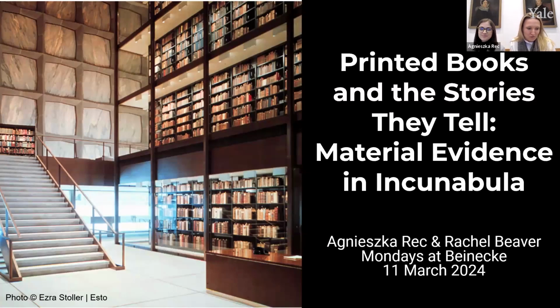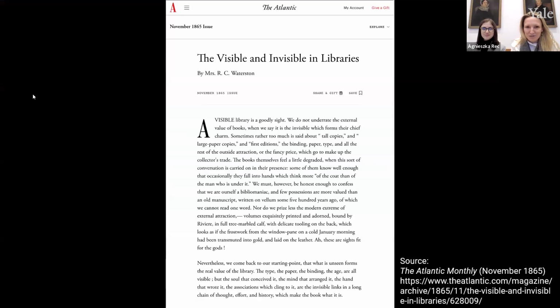We want to introduce you to our Incunabula collections, to the project known as Material Evidence in Incunabula, to what material evidence is, along with the definition of Incunabula, and more generally to the provenance research that we're engaged in. And before we go back to the 15th century, which is where these incunabula come from, I want to